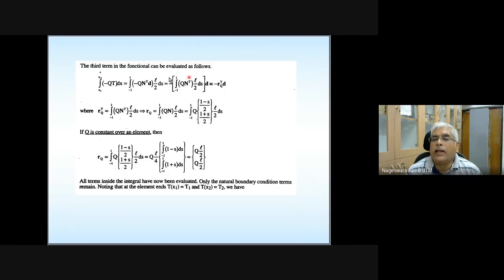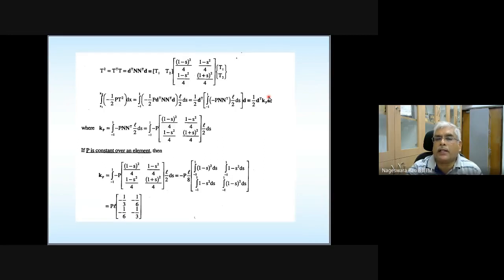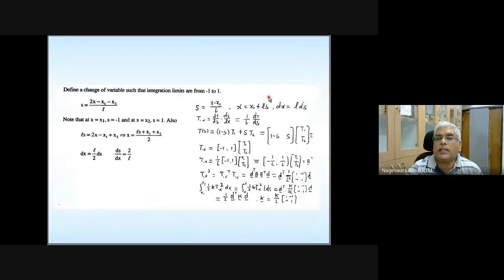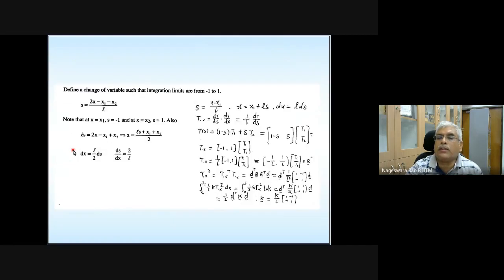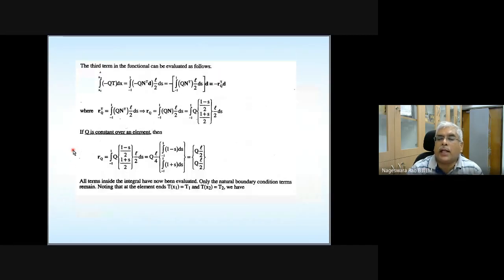And finally, when you multiply, you should get a scalar quantity. Why should you get a scalar quantity? Because you see, this I is a scalar. Finally, when you do all this, it's going to be a scalar quantity. That kind of understanding helps you to cross check the dimensions.